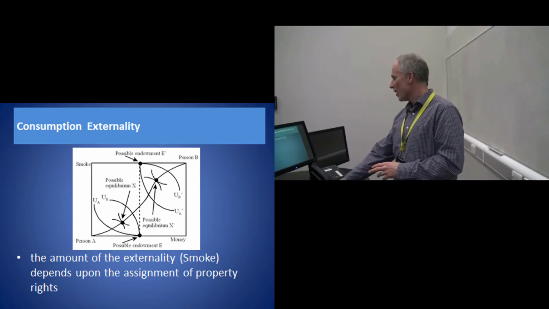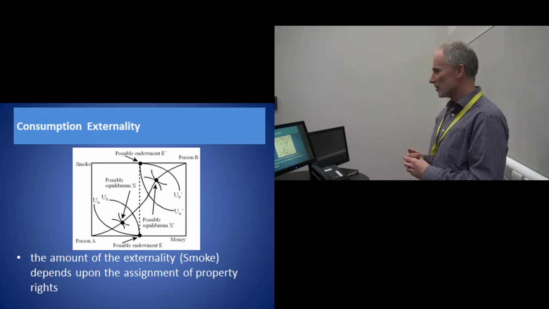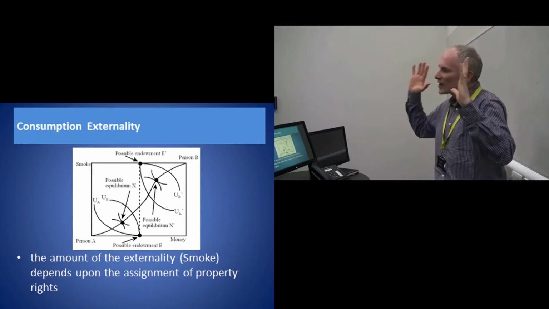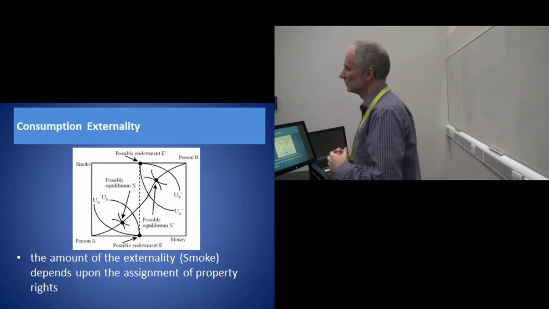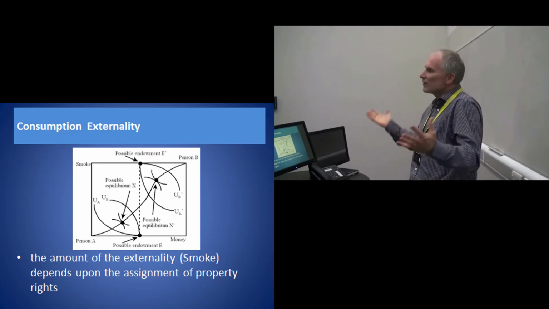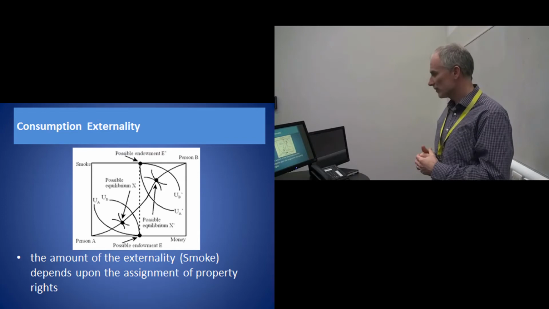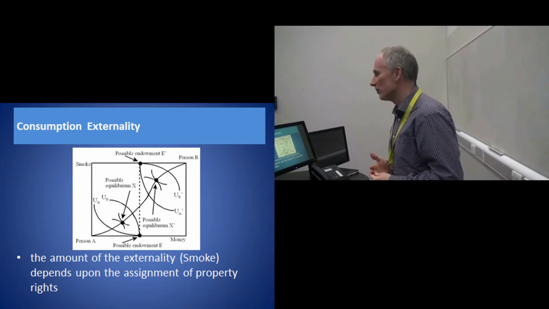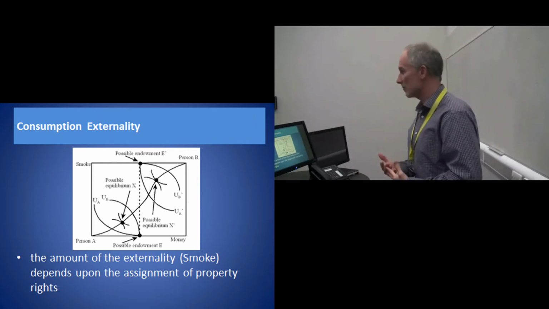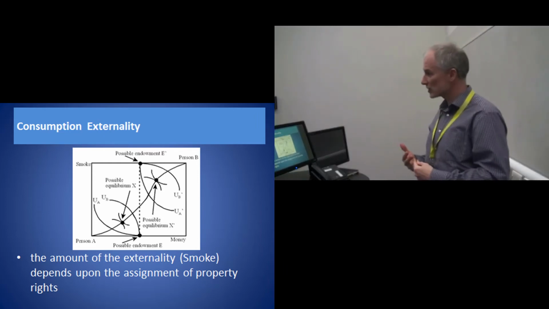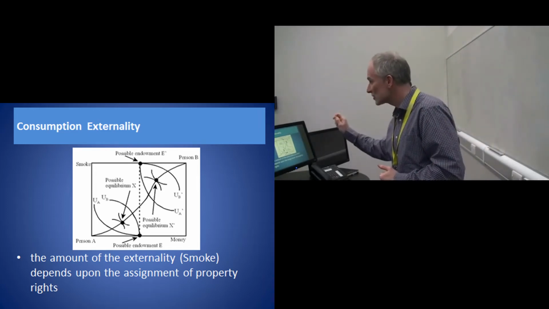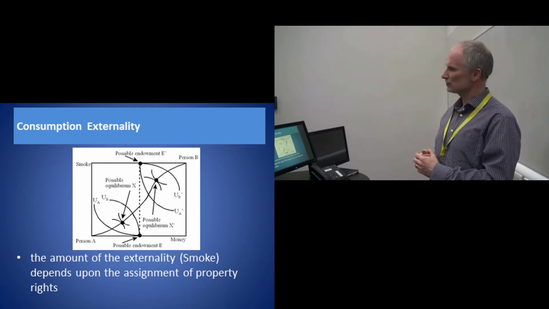It will lie upon the contract curve somewhere. So in that sense, I set this whole lecture up and said externalities are a problem. Well, the Coase theorem would seem to suggest that it isn't. Even though there are things that we are concerned with, there is no market for them. But if these individuals can trade amongst themselves, they can mimic the market. They can create the market for themselves. And the outcome that we get is guaranteed to be Pareto efficient.